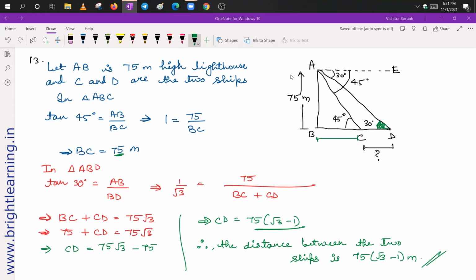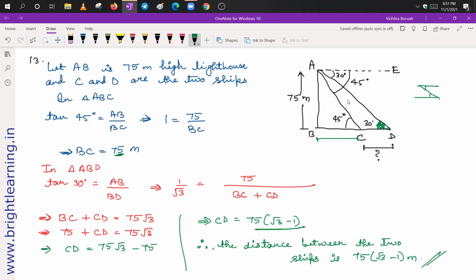Yeah. So just remember that when angle of elevation is given, it is quite easy. But when angle of depression is given, always make the horizontal line. Then you make the angle of depression. After that, see if a Z is forming, because if there is a Z, this angle is equal to this angle. Here this is a Z, and here also this is a Z. Then make the angles equal and simplify.